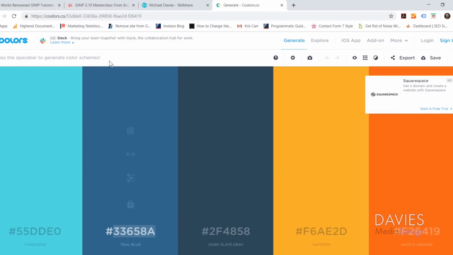This was the very first palette that it generated for me, so I just went ahead and used these 5 colors that it generated just to keep things simple. But as you can see here, you could just continue to hit the space bar until you get a color scheme you like, and you can lock colors along the way as you are generating different colors. So I went with this color scheme, and I just copied the HTML code here, or the hex code, and